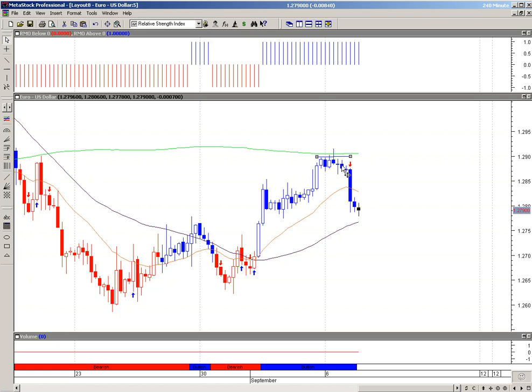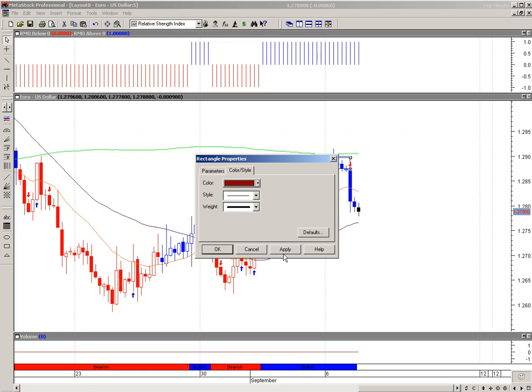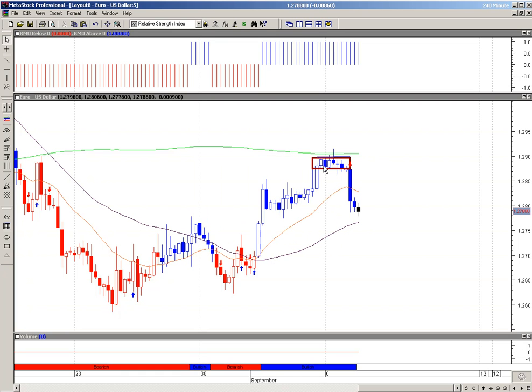Another signal confirmed. So ideally, if you wanted to, you could be trading this and going, well, I'd like to see a break of this box. It is a box pattern in itself. I'll just make it nice and big. So anybody trading a 4-hour time frame could have looked for a break of this box,